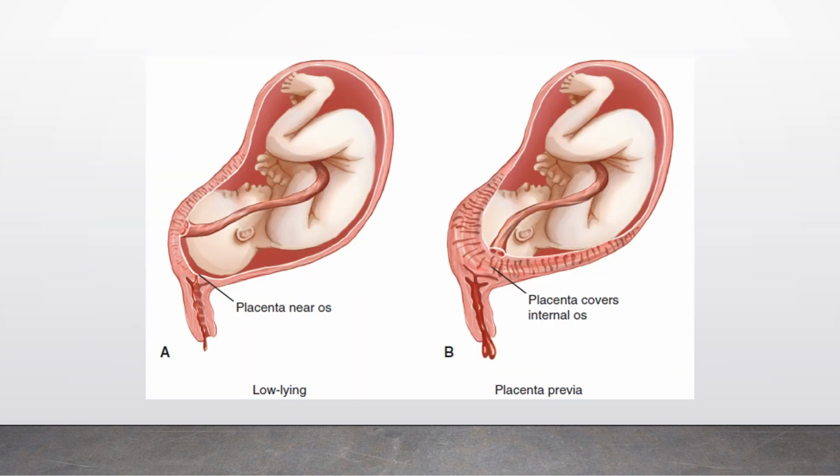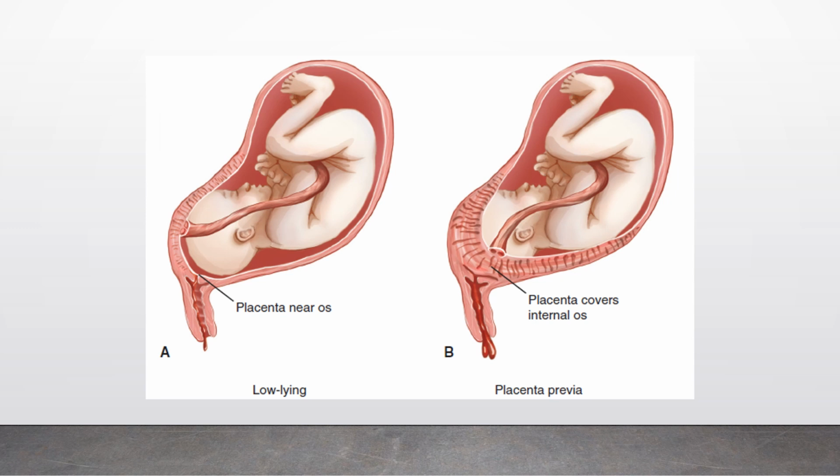So this is just a graphic of what a placenta previa is. The A picture is the placenta. It's a marginal placenta previa. It's low-lying. The picture B on the right-hand side is with that whole placenta covering that